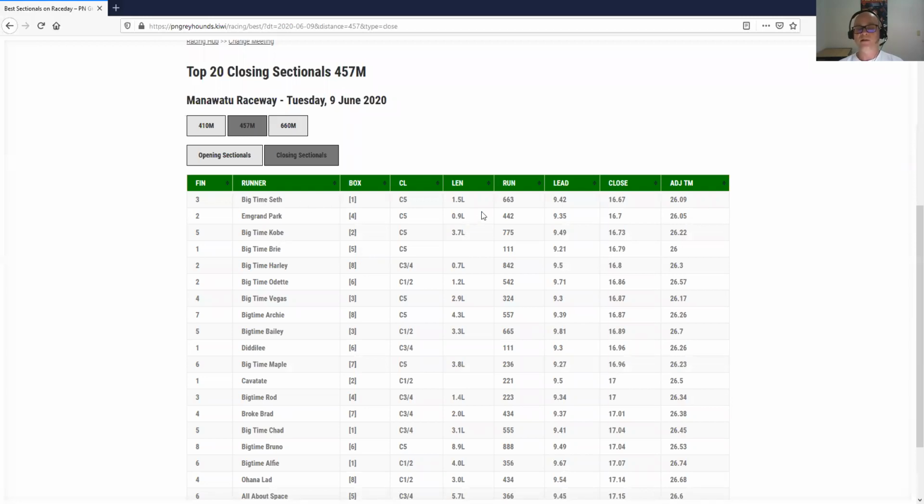Big Time Seth is a dog that again has a very good closing sectional, but in this case and a couple of other times recently it's missed the start. Graham Park is a dog that does tend to get back, but is known for having a very strong closing sectional. And as we can see from the data, even though